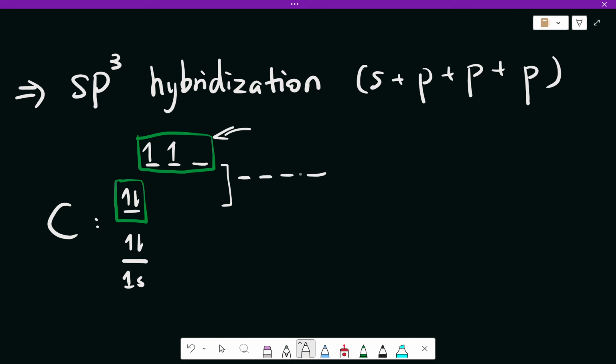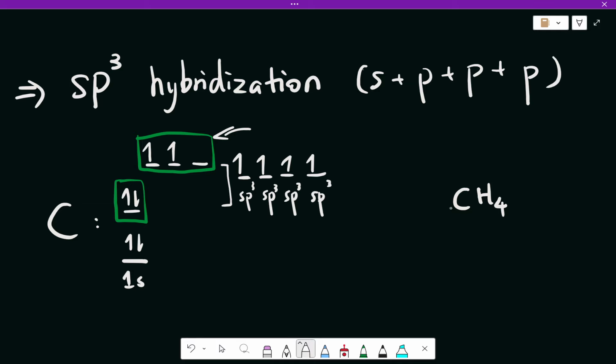So we would have 4 sp3 hybridized orbitals. And we would distribute the 4 electrons originally in the valence shell into these 4 newly formed sp3 orbitals. And this would explain a tetrahedral electron domain when we have carbon in, let's say,